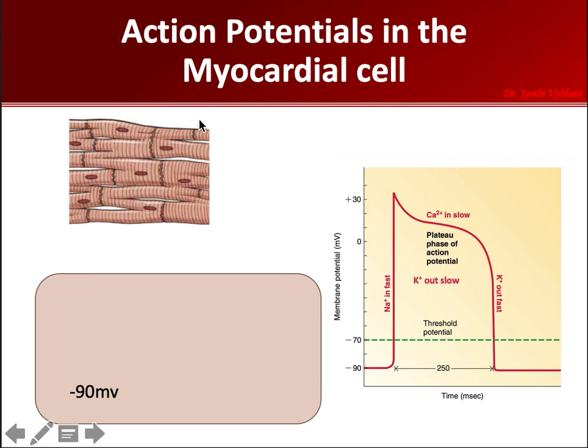Let's take this contractile tissue over here, contractile cells. Do you know what this picture is? Yeah, these are nothing but cardiac cells. Cardiac cells are of two types. They are special conducting cardiac cells and contractile cardiac cells. The special conducting cells are SA node, AV node, and special cells like Purkinje fibers and bundle of His, whereas contractile cells are atria and ventricle, right?